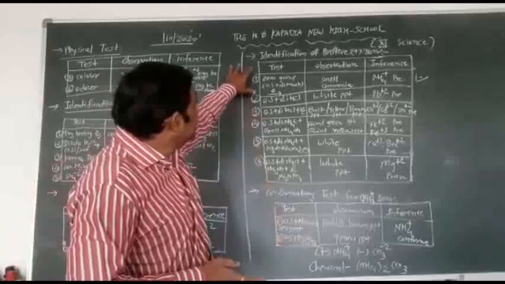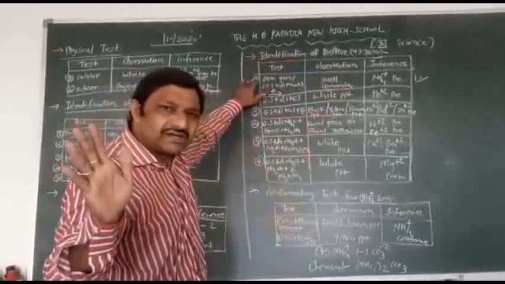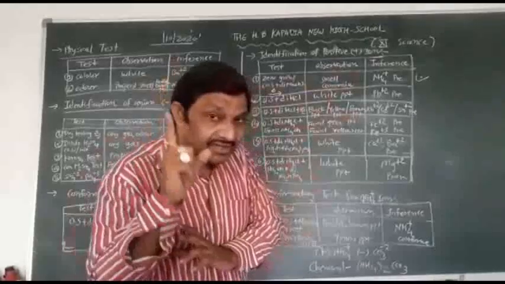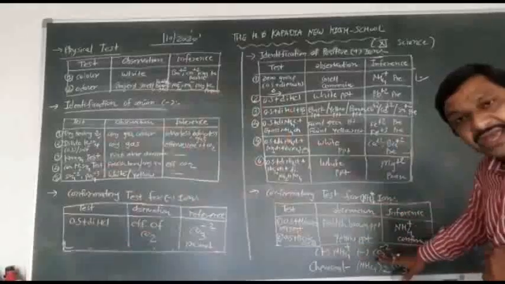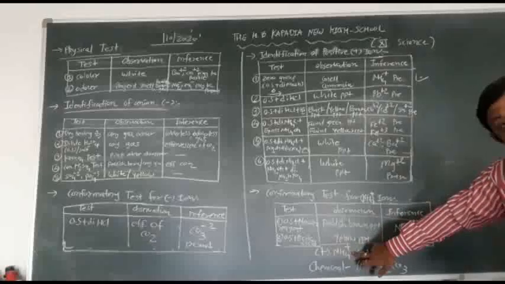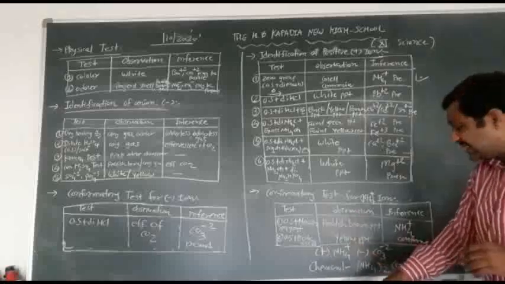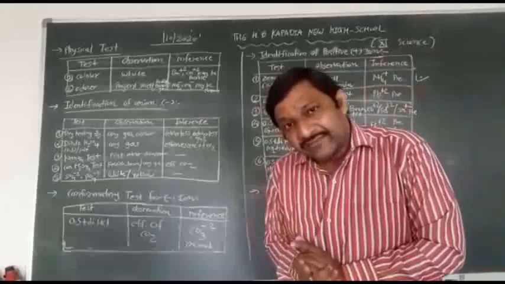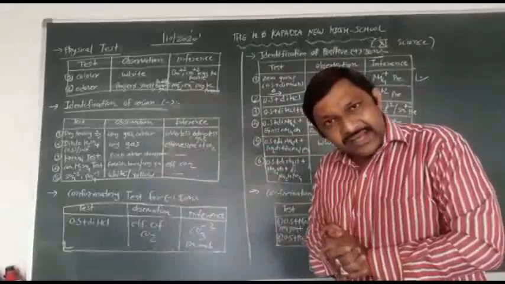In identification of positive ion, zero group is present. Smell of ammonia, so NH4 plus. You have to catch NH4 plus. Now negative is CO3 minus 2 and positive is NH4 plus. It means your chemical is (NH4)2CO3, ammonium carbonate. Clear? So here is your theory. Now we will perform the practical. Clear? Okay.